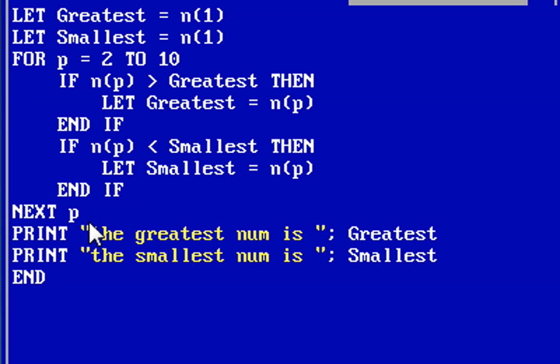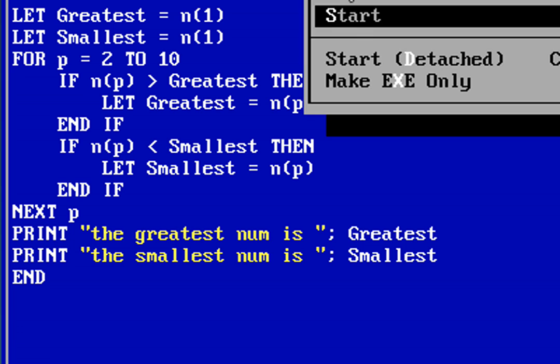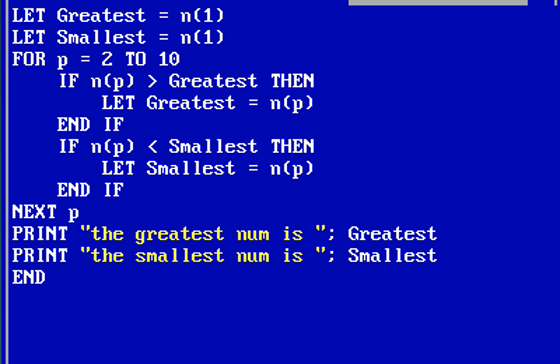And finally after executing the for next loop, it will print out the greatest number and the smallest number. Okay, cool. So now let me run this program and show you an example.